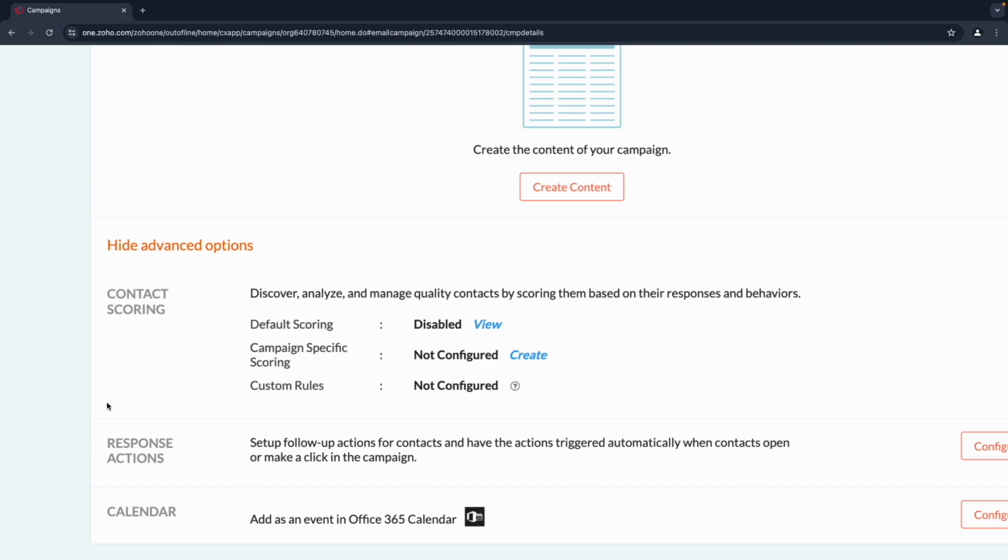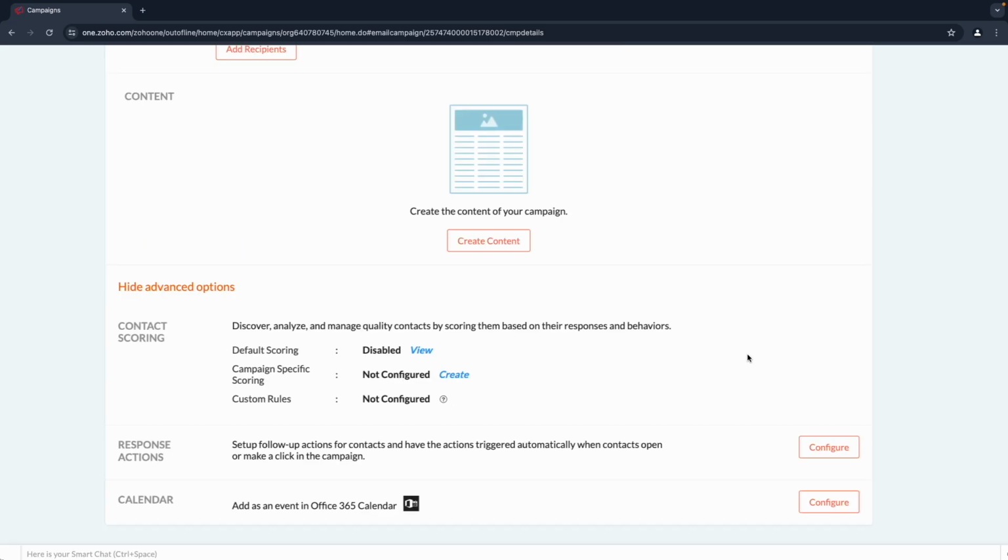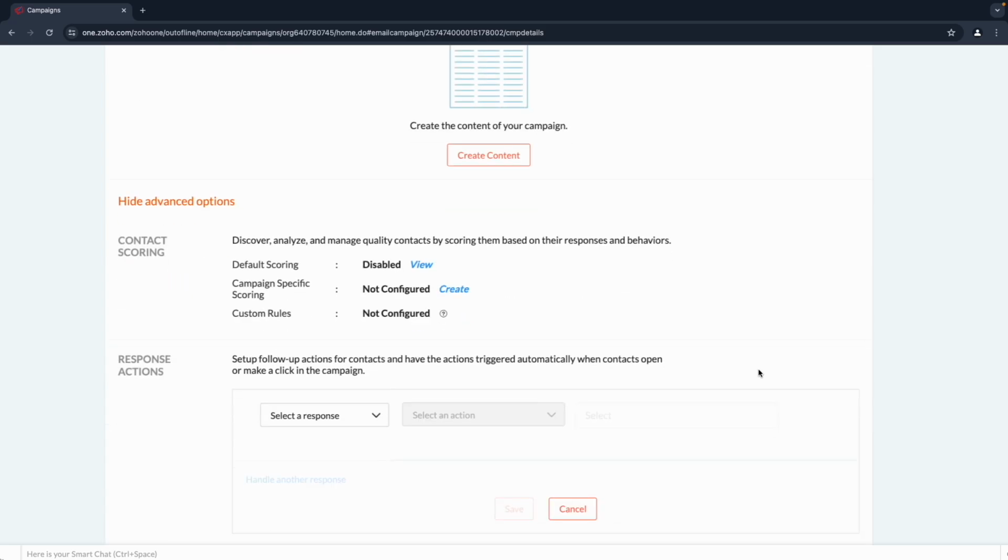What was going well? What kind of customer are you? And maybe that gives me a better idea of how to segment something in the future. So there are all sorts of different ways we can use these kinds of scoring features. And once we're able to score things, we can also set up response actions. For example, if we know someone's clicked a specific link in an email,